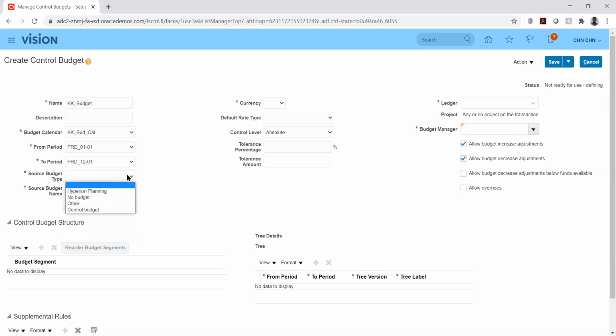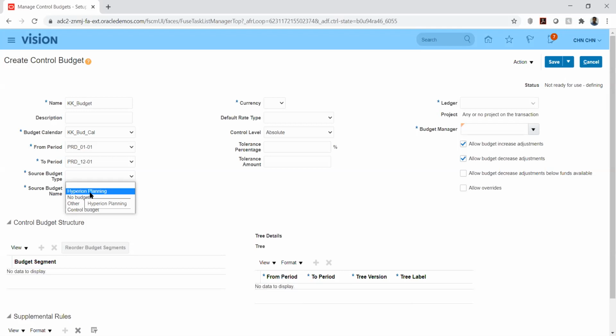And here, the source, if you see, we have different options. We have control budget, we have others, and no budget, in the sense we don't want to use the budget option. And the other one is Hyperion planning. This is a separate module, where it is based on the Hyperion thing we had, and similarly they have taken it as a cloud planning.